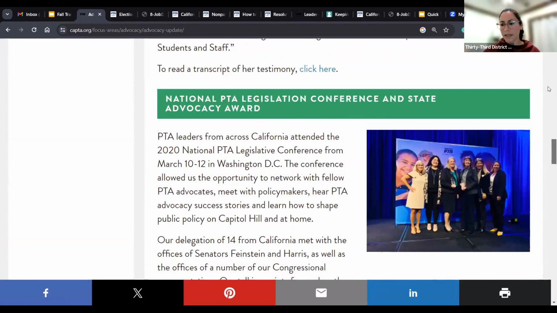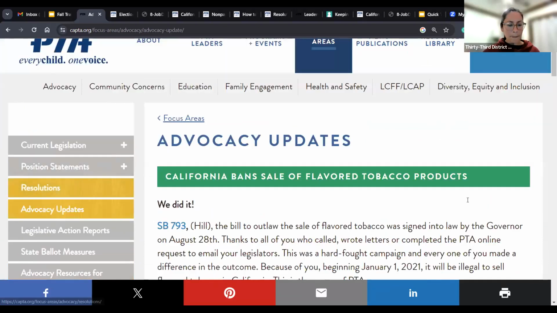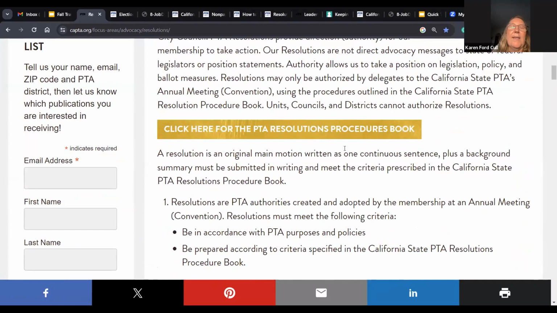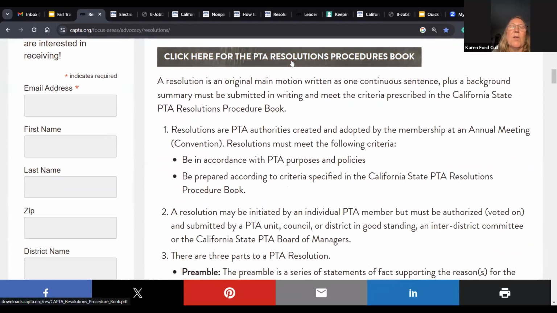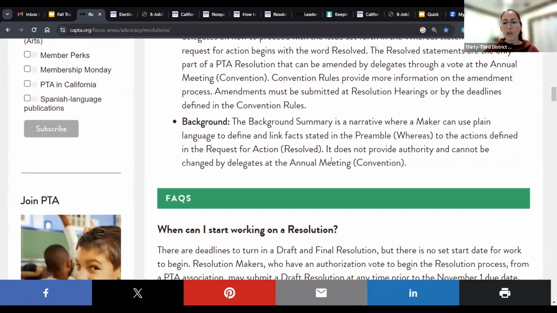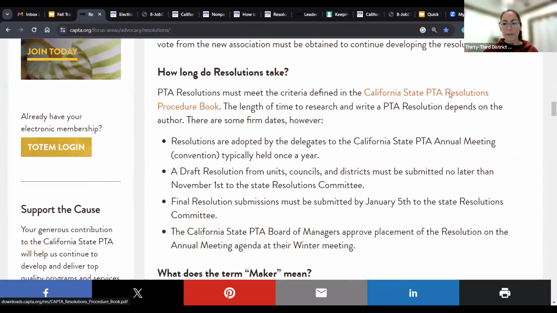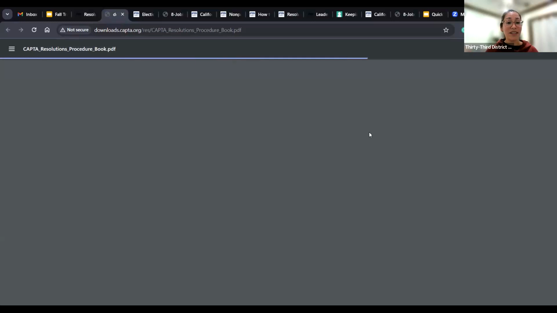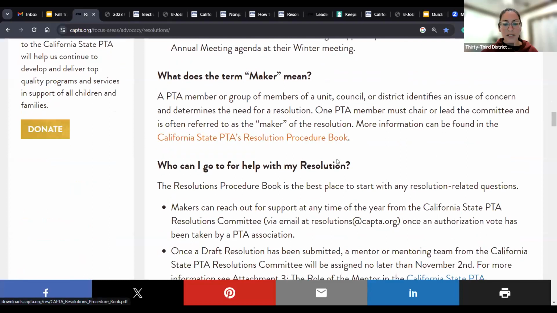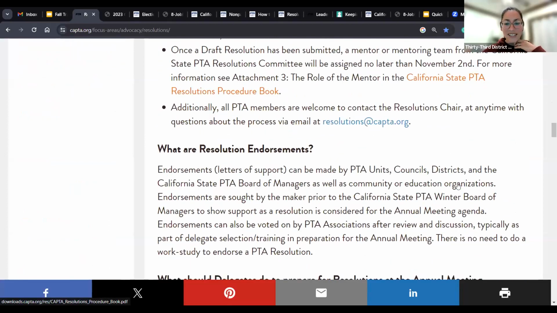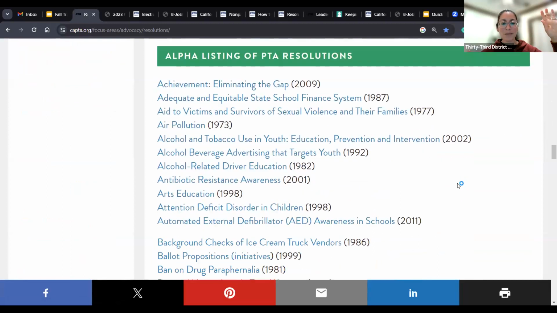Oh, give me one second. Okay, yeah, that's it. That's the resolutions procedure book. You just want to see the resolutions, is that correct? Yes. It's loading, it's doing stuff slowly. I couldn't tell you why. Oh, and it took me to the procedure book. We must have clicked on... Oh my gosh, I'm so sorry, you guys. This is me messing up. Look away for just a moment. Let's pretend.